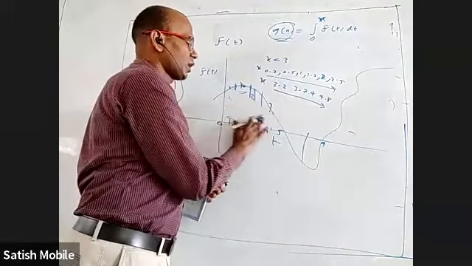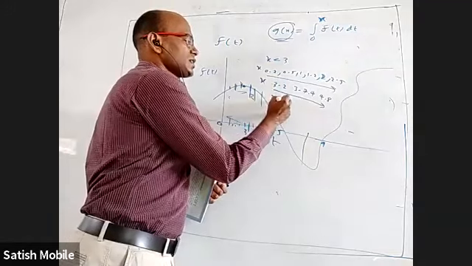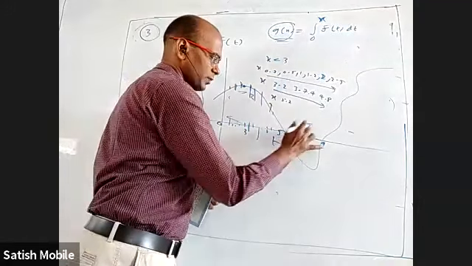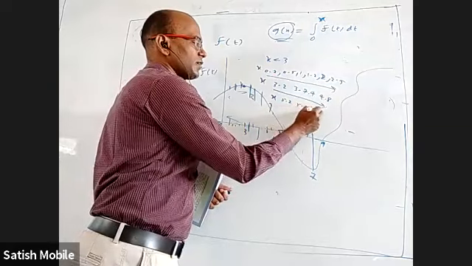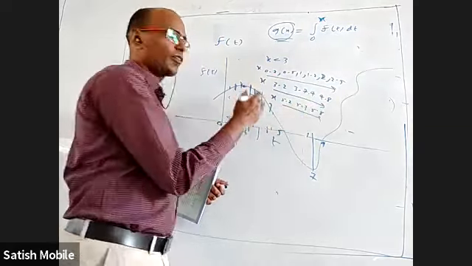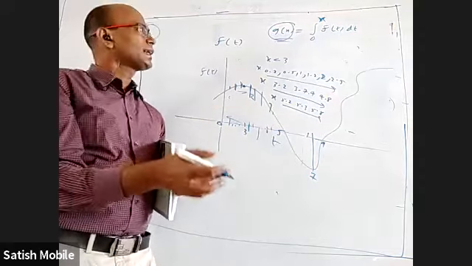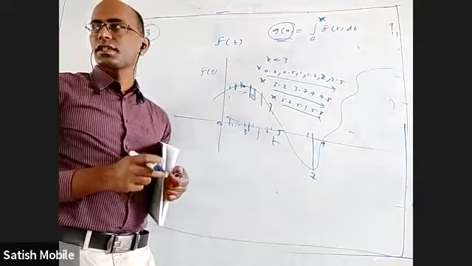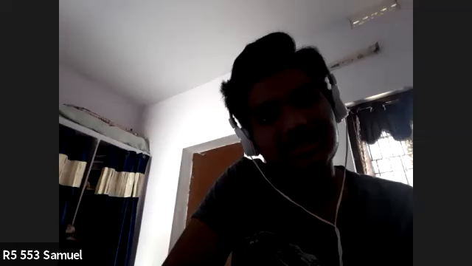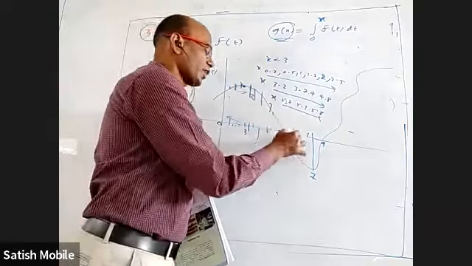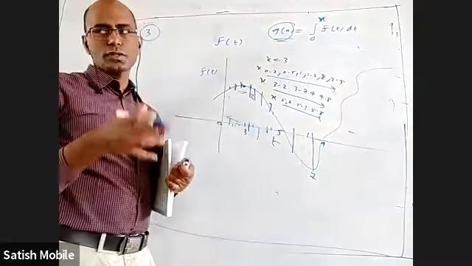But let us see now. When x is changing from 5, let's say this is 7. X is 5.2, 5.3, 5.8. And x is increasing from 5.2 to 5.8. Tell me whether g of x is increasing or decreasing. Decreasing, sir. Let us say you want, when x is 5.2, what is the answer? You have to take 0 to 5.2 integration.